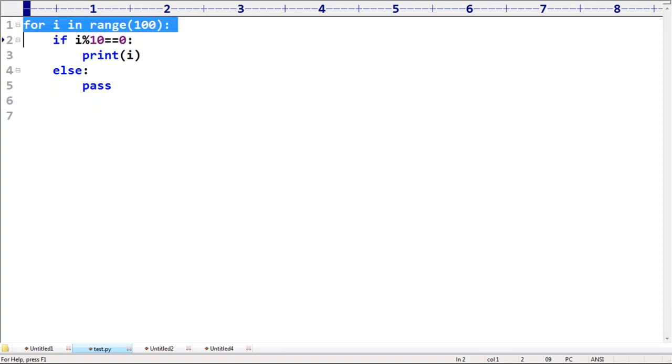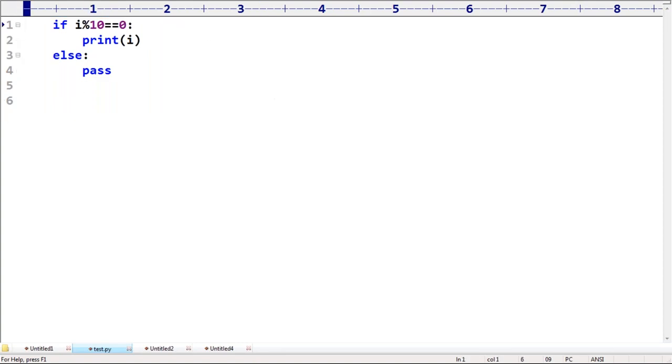Even if the for loop is not there, it is going to work, because pass is associated with the else block. But continue is always associated with the loop. Virendra, getting it? Yeah. Can I go for the next level?